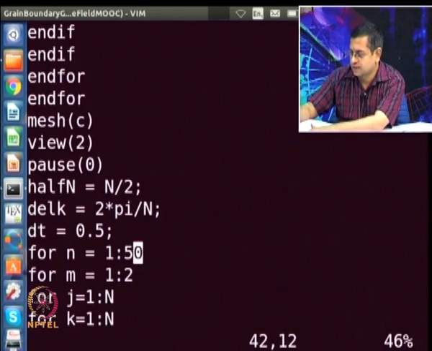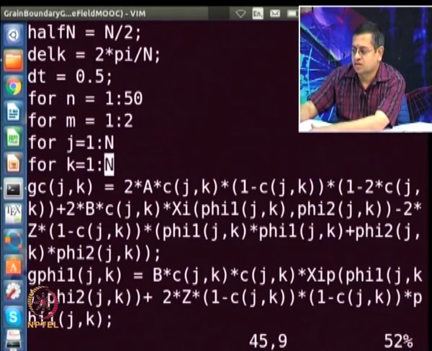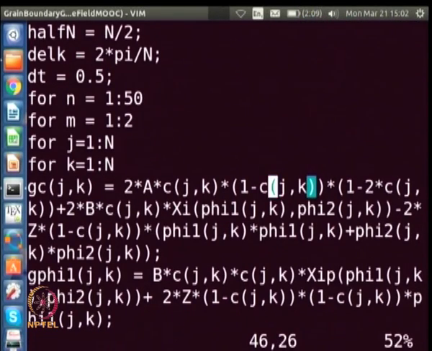So, that is why that is there. And then we start the JK loop, which is for every mesh point, and I have to define a GC, and you can see GC is nothing but 2 AC squared (1 minus C) squared into 1 minus 2 C plus 2 BC times this xi function minus 2 times z times 1 minus T sin C times the xi function,